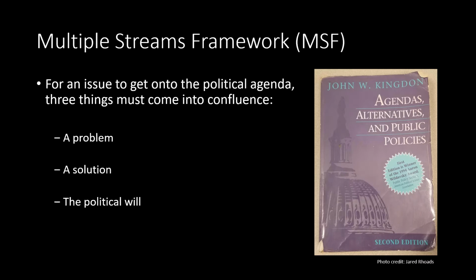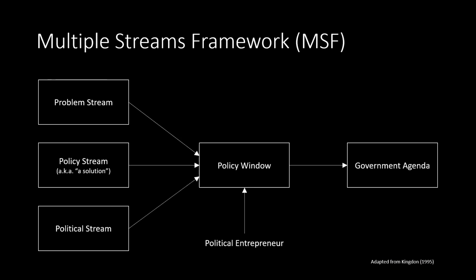Remember that as administrations change, there's key personnel that is turning over. And when an incumbent leaves office, too, political will can change virtually overnight, because among other things, there could be new people at the helm, there could be the rise of a new committee chair, and so on. So problem, solution, and political will are the three core components in Kingdon's model, but there are a couple more